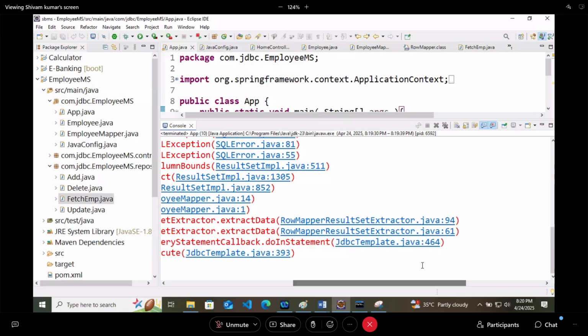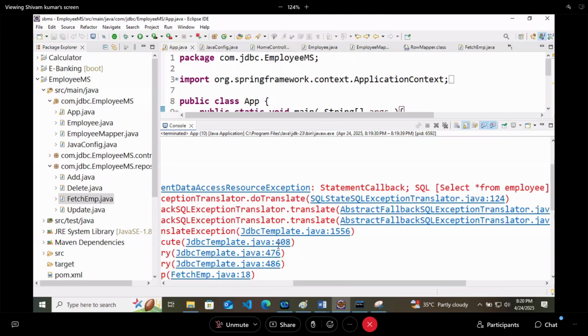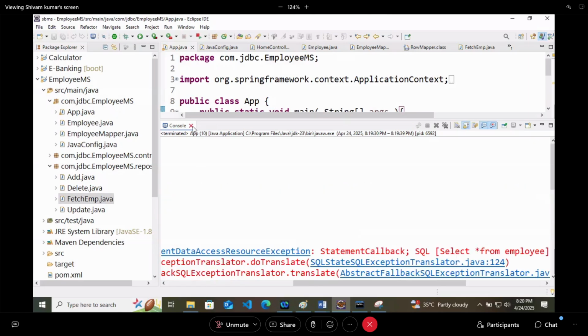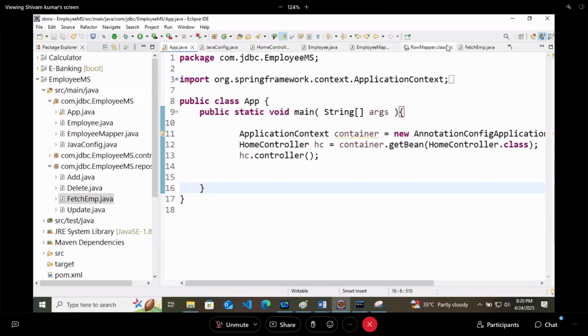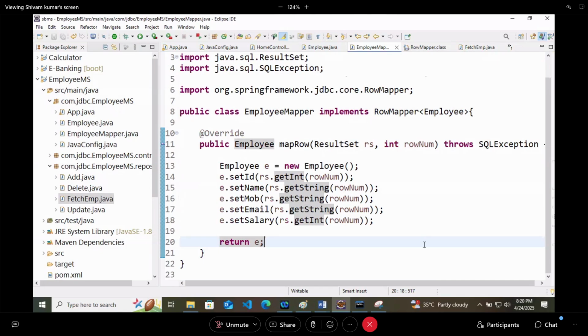Now, have you worked with result set? If you have worked with result set, check the error in this particular code, where it is going out of the index.